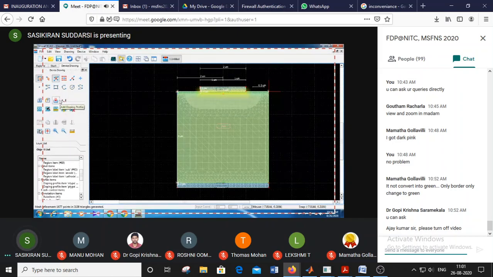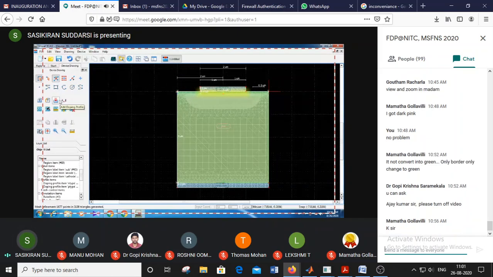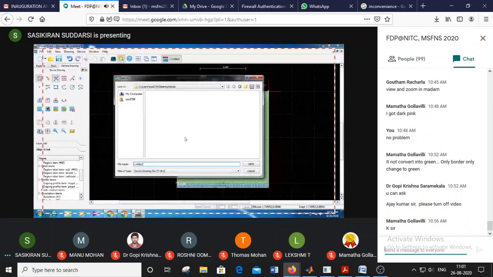After doping and meshing, we need to save this file. The default extension we are seeing here is .drw, because it is a device drawing file. There is no need to type that extension. We already created one folder on the desktop named diode, so we will use this diode folder to save this file.